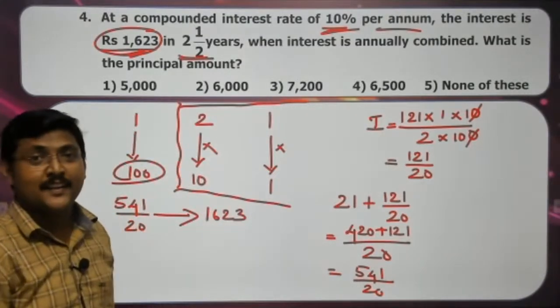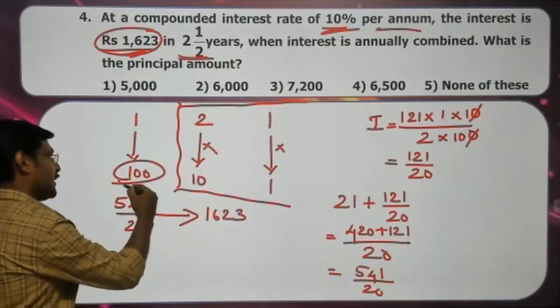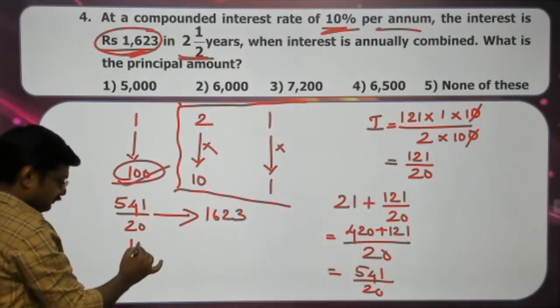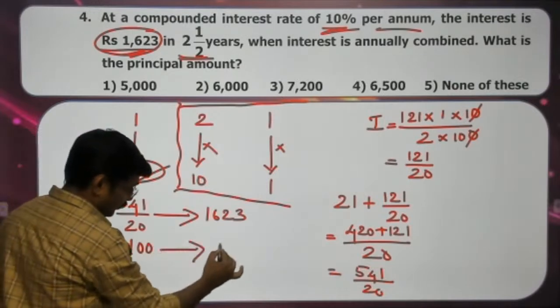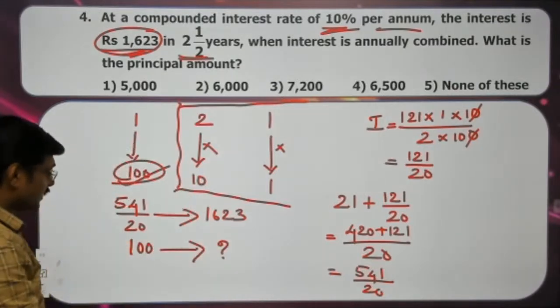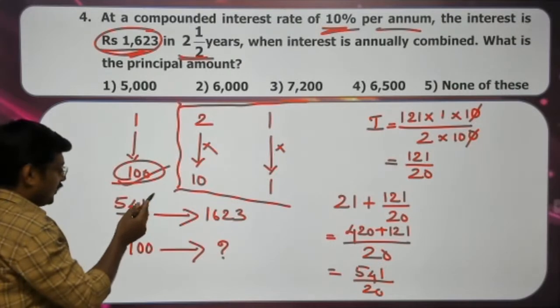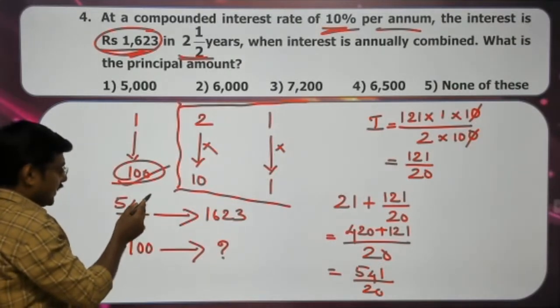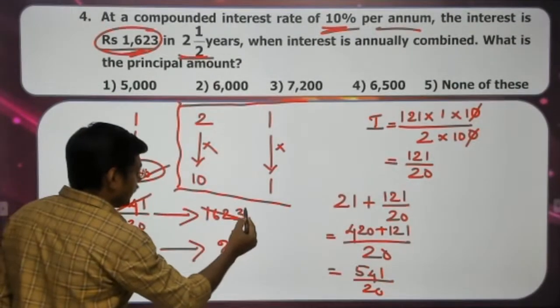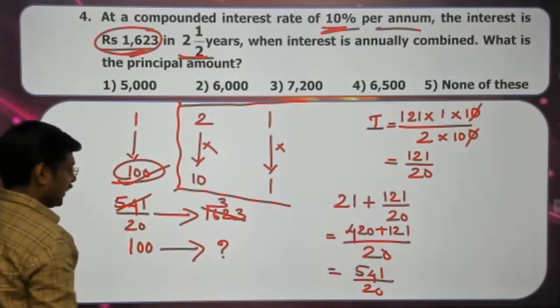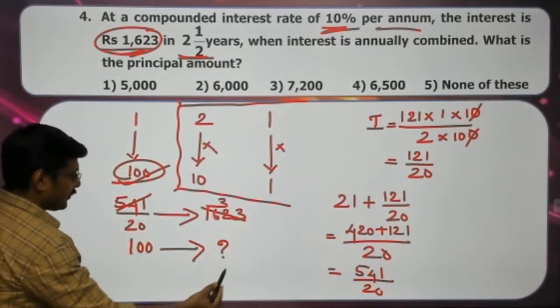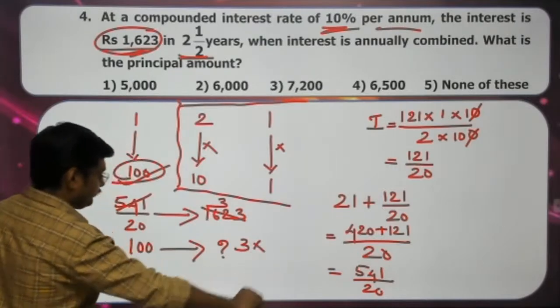And what we need to find? We need to find only the principal, and our principal is 100. So corresponding to 100, the value for the given question is, yes, we know that on looking at this, it is 3 times, right? So I am writing the frame like this, as 3 into